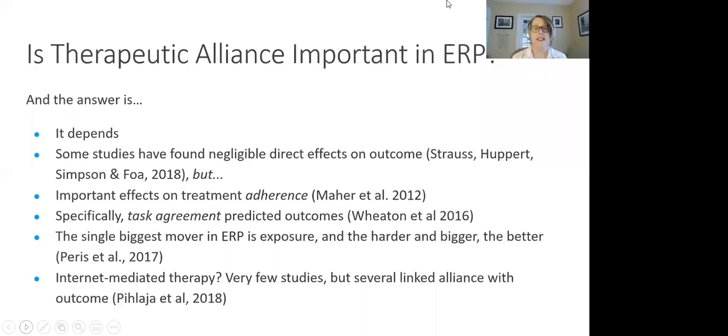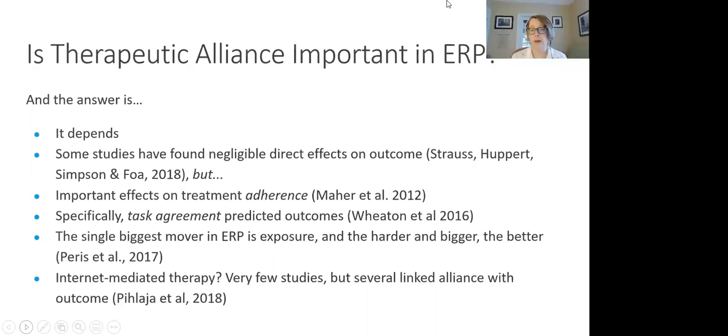So task agreement did predict outcomes, although ERP, exposure and response prevention, was still the most robust predictor of outcome. And given that we are in the middle of the pandemic, or hopefully close to the end of the pandemic, that would be wonderful. And since this has profoundly changed how many of us practice, and I suspect that those changes, at least some of them, will be maintained, at least in part, over time,